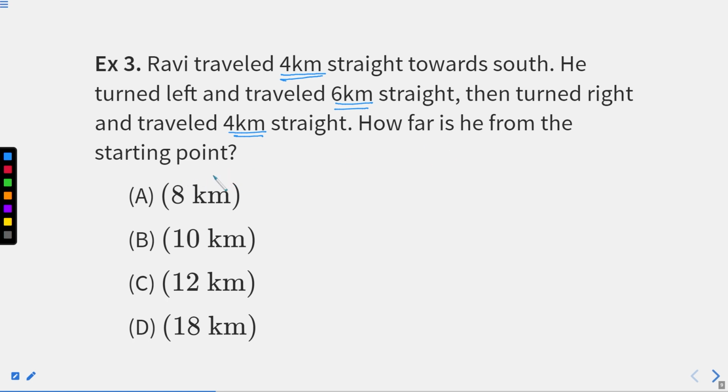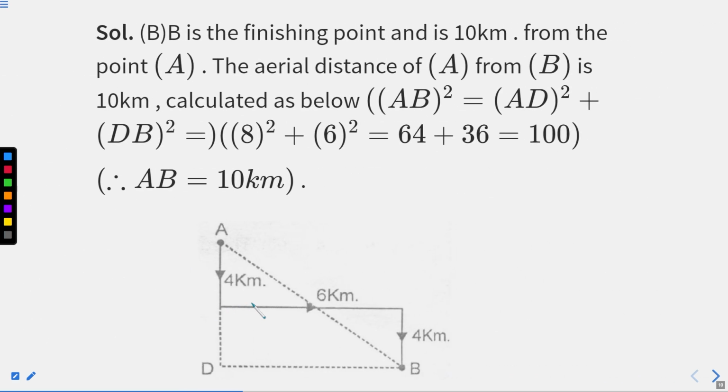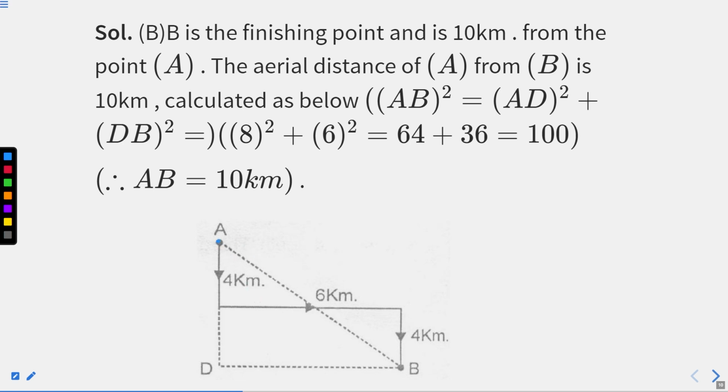Now, in the previous two questions, we were supposed to find the direction in which we are as compared to the final point. Now, in the third question, the basic difference is that you are not supposed to find the direction, but actually you are supposed to find the distance from the initial to the final point. So the diagram for the same question says that from point A, we moved 4 kilometers towards south, then we moved 6 kilometers towards east, and then to south towards point B.